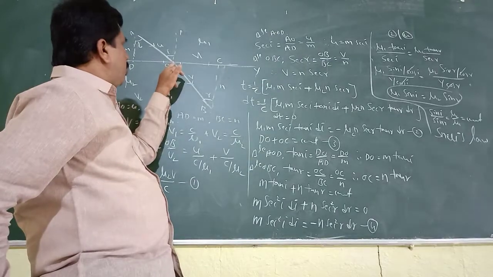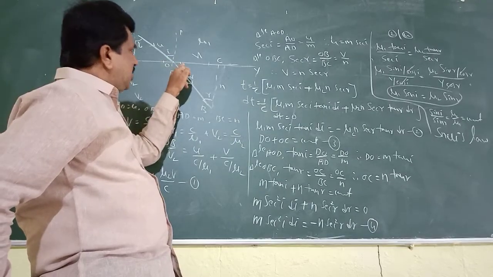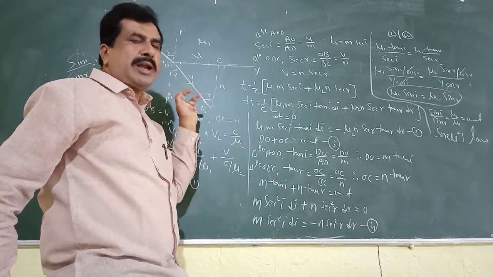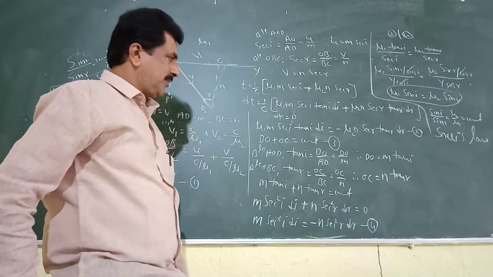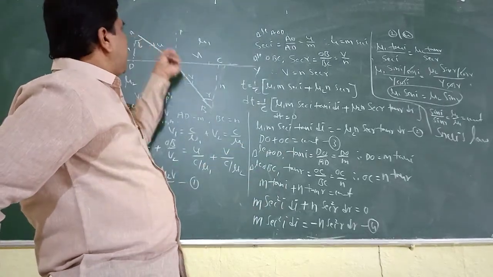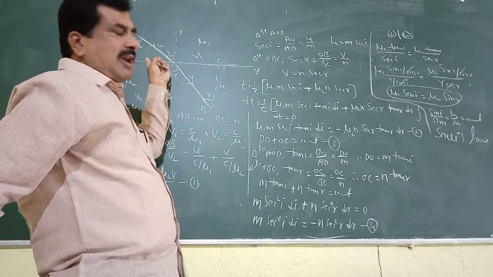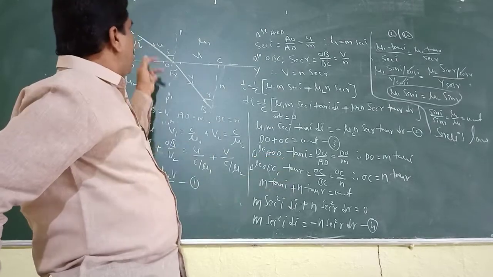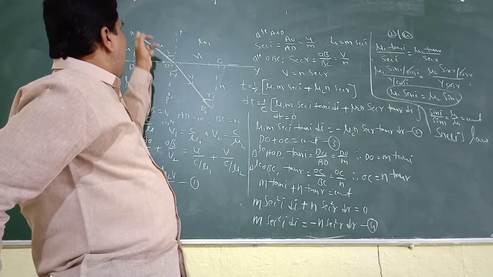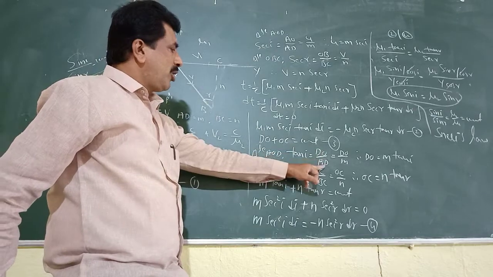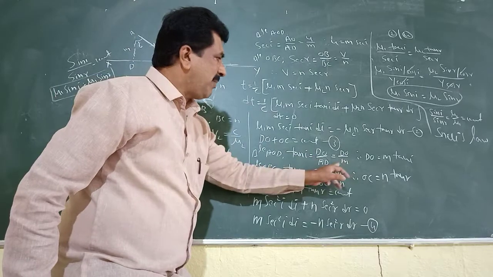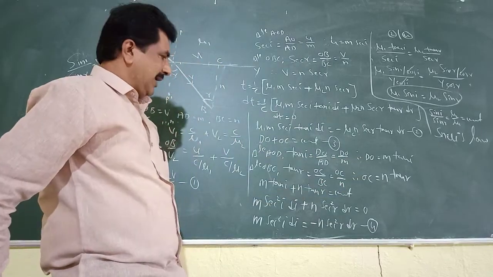Whether the position of O shifts this way or that way, DO plus OC remains constant. So in this ray diagram DO plus OC is equal to constant. Now we can determine the values of DO and OC. That's why we consider the right angle triangle AOD. In this triangle AOD, tan I is equal to opposite side divided by adjacent side. The opposite side is DO and the adjacent side is AD, which is m. So DO divided by m, and cross multiplying we get DO is equal to m into tan I.